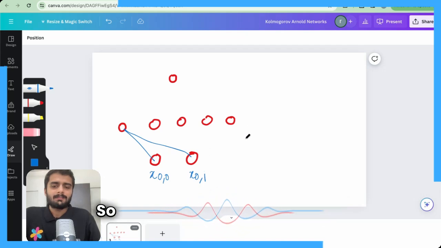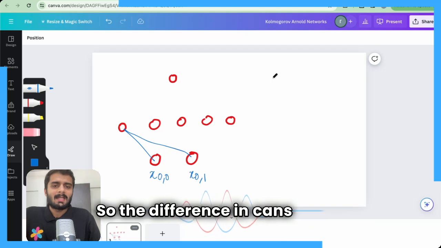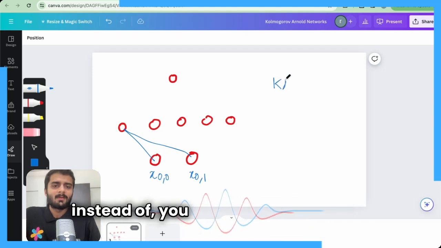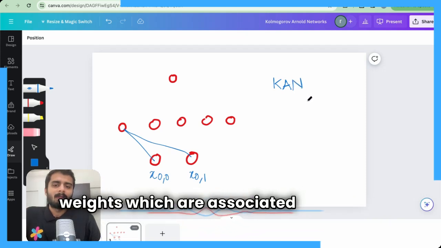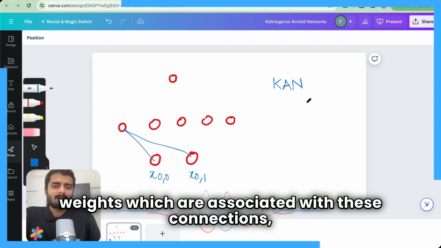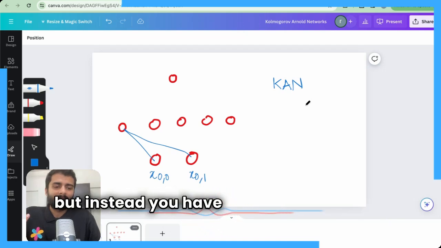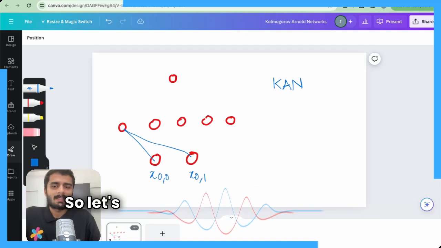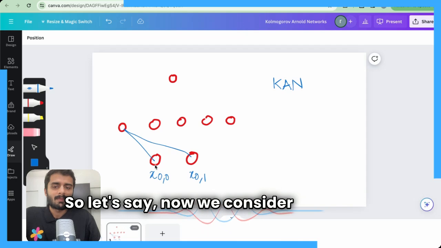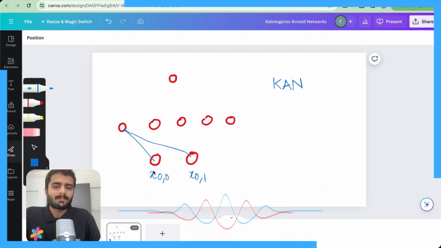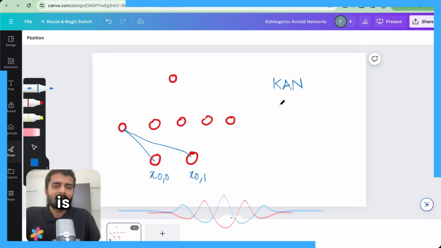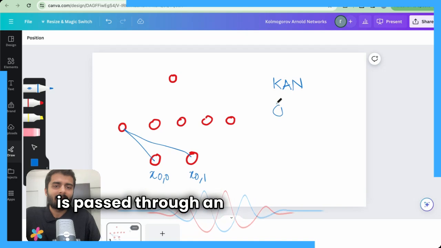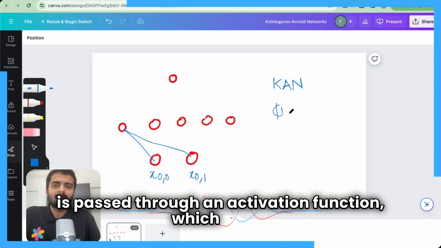So the difference in KANs is that you do not have individual weights which are associated with these connections, but instead you have activation functions itself. So let's say now we consider this x00. What typically happens is that this x00 is passed through an activation function which